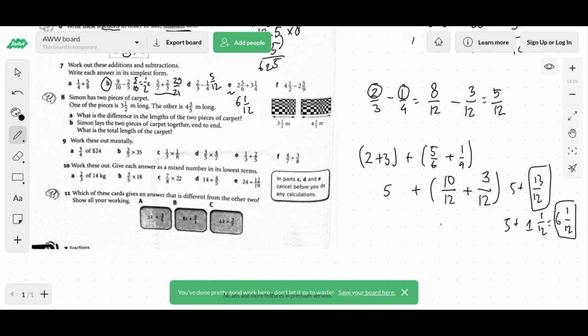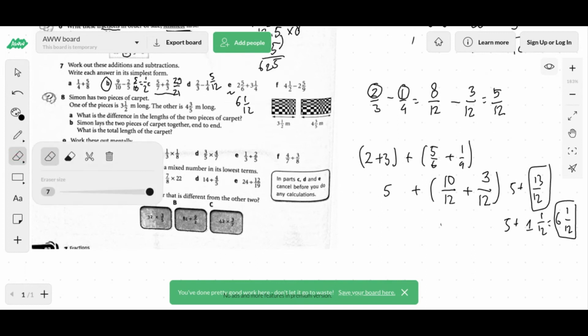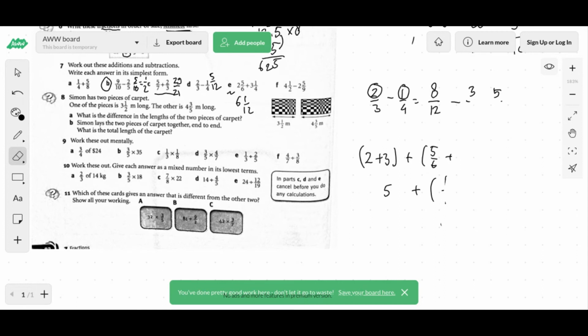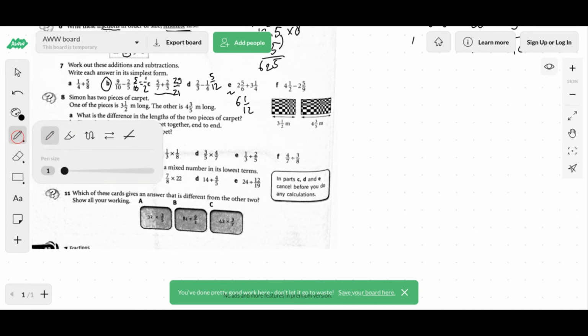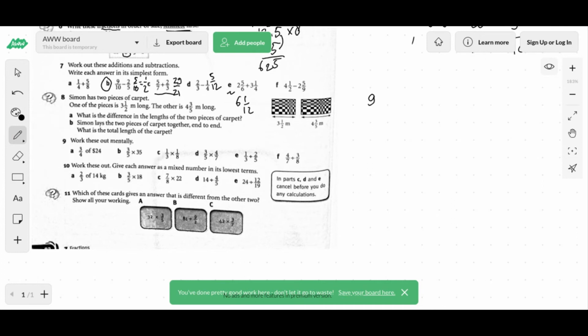In the subtraction part, I think it's a good idea to change them into normal fraction first before you subtract them. And when you do that, the first part 8 over 2 becoming 9 over 2. The second one will becoming 18 plus 5, 23 over 9.